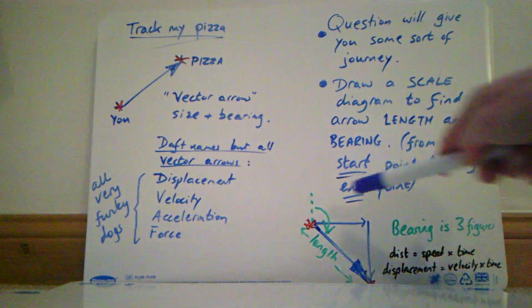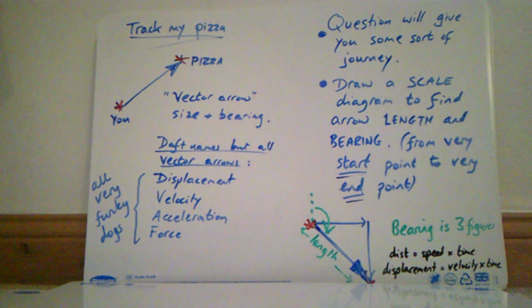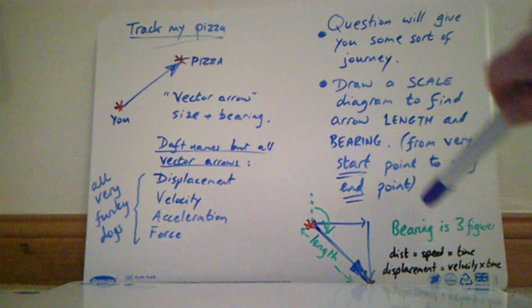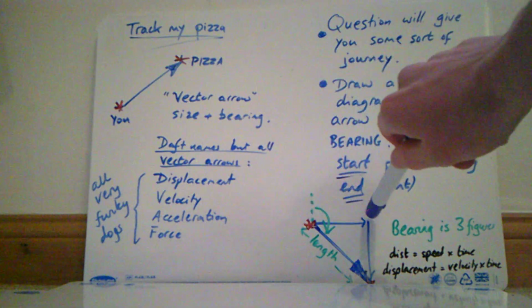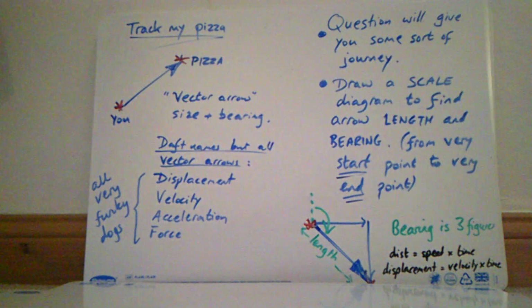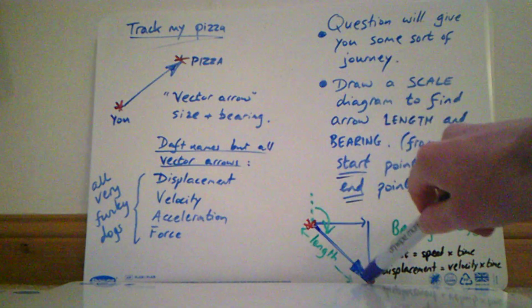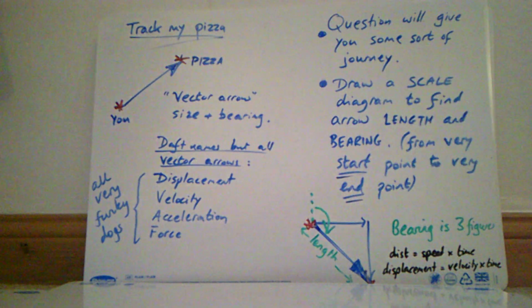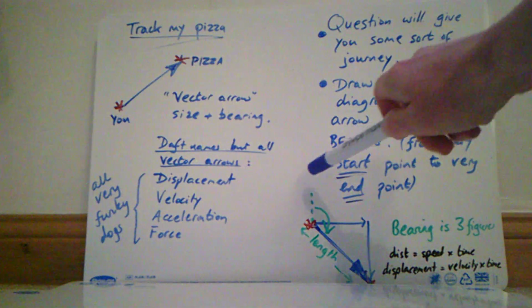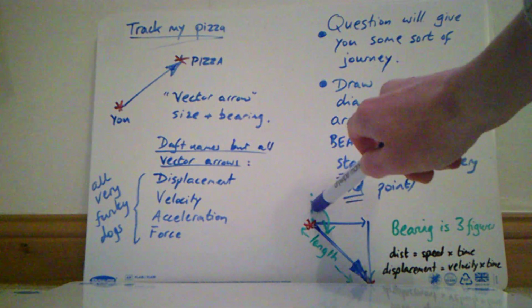So in this case, we've got the start point there, the end point there. The question's told us that dodgy Bob or whatever goes along and down. You've drawn a scale diagram of it. You can then measure the length of this overall arrow from the very start to the very end. By using your scale, you can work out what that length is in real life. The bearing is from the north point and swinging round